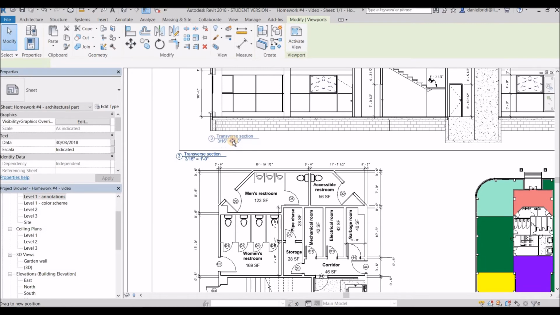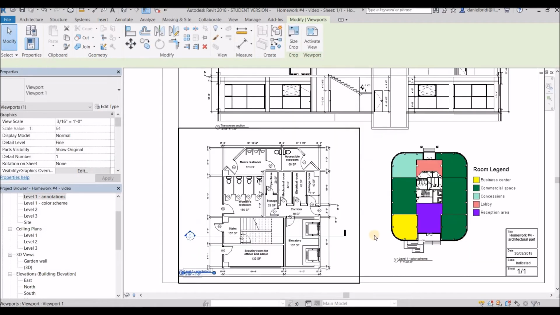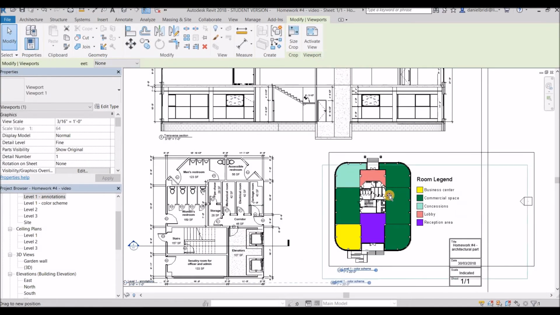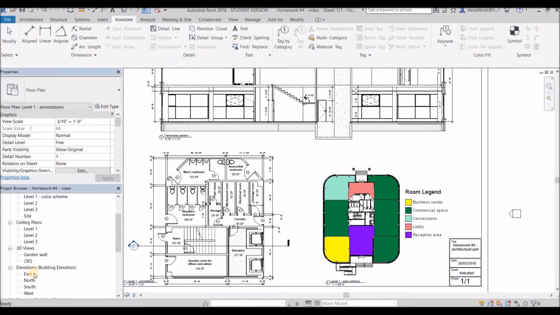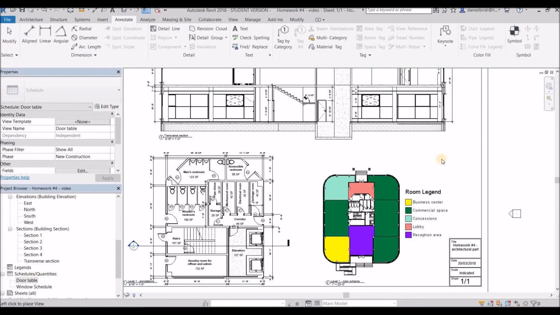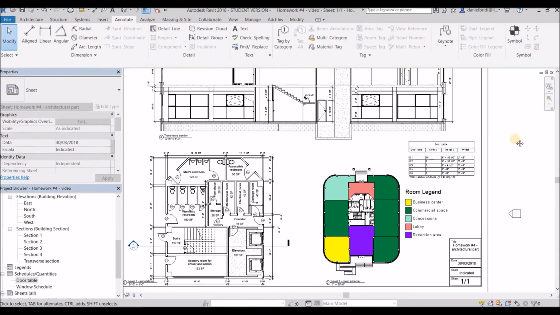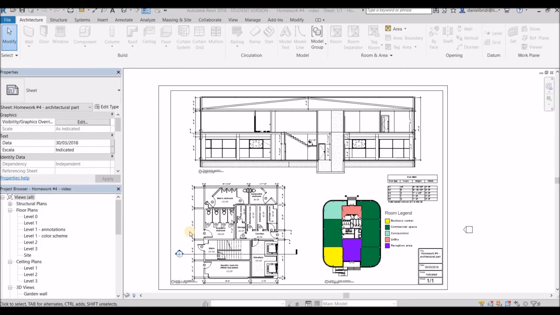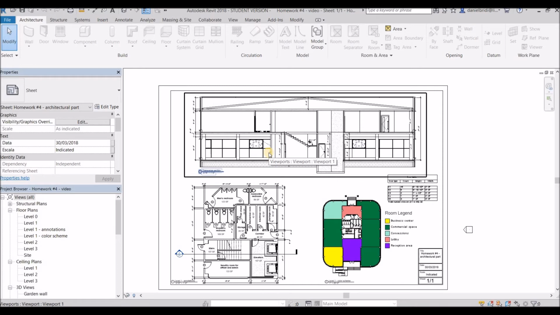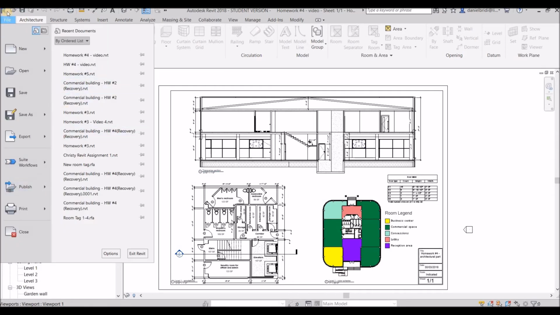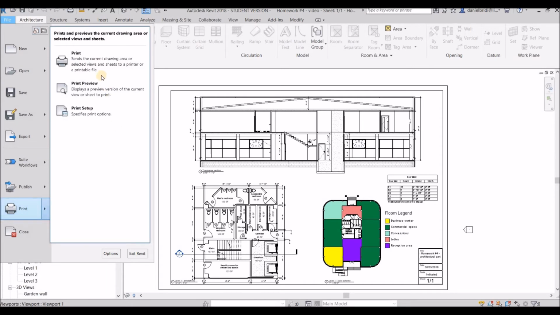Okay, and I'll bring this to here, and then okay, now I just need to insert my door table, and we do the same way. Just put it here. Okay, after we insert our door table and after we have everything we need in our sheet, we can go ahead and actually print. So you can press Ctrl P, or you can come here to File, or it might be like a big R here, print,